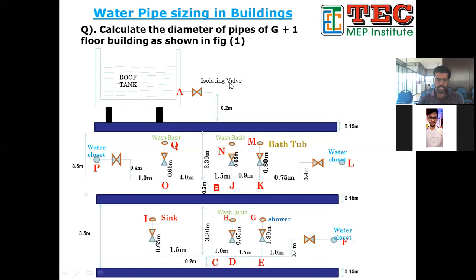And here we have different nodes. Okay, node, what do you mean by node? It means we are going to find the head of different nodes. Like AB is a node, BC is a node, CD is a node, DE is a node, DH is a node. So you might be knowing, right?